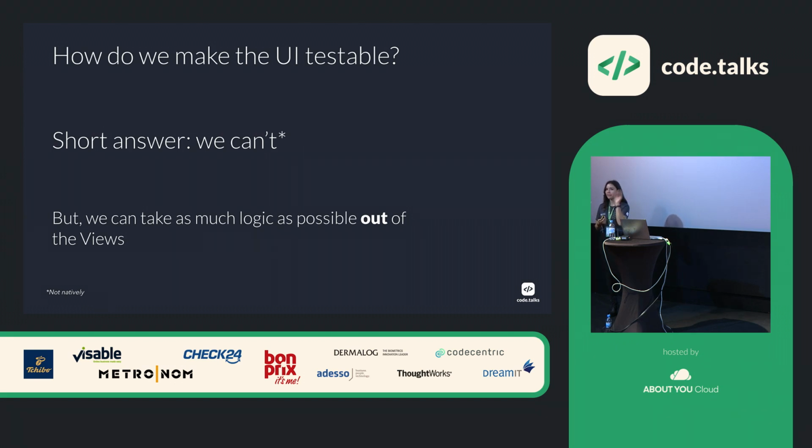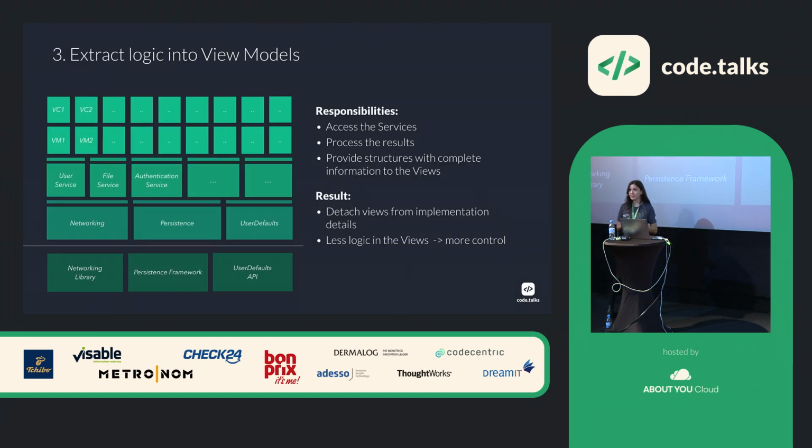So they have a label which shows the text. That's the basic idea. So what we're going to do now is extract the logic that we still have in the view controller into view models. And